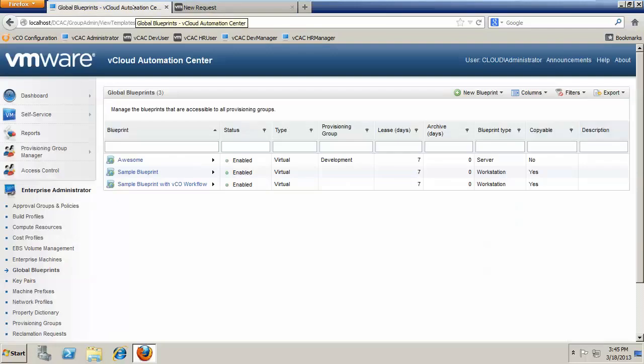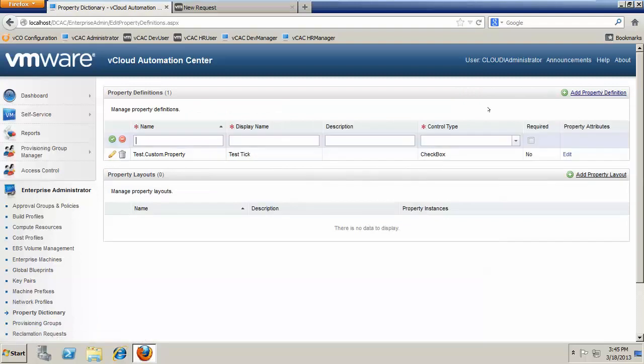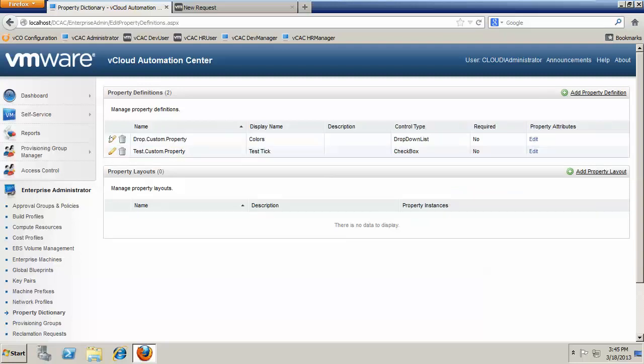So we'll go back into our administrator and we'll go back to the property dictionary. We'll add a new property and we'll call this one maybe drop.custom.property. We'll make sure to copy that. Display name is going to be colors, and we want it to be a drop-down list. We'll just go ahead and click save on that one, and then we're going to edit the property attributes to